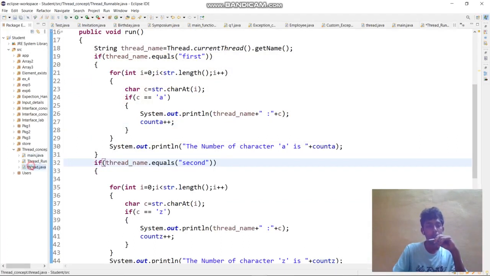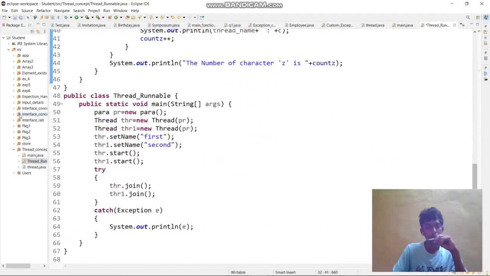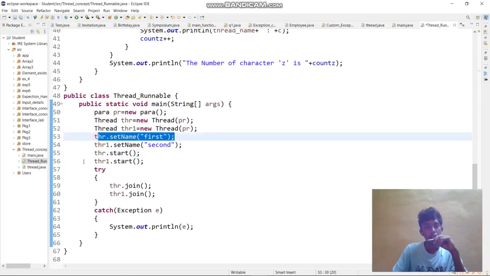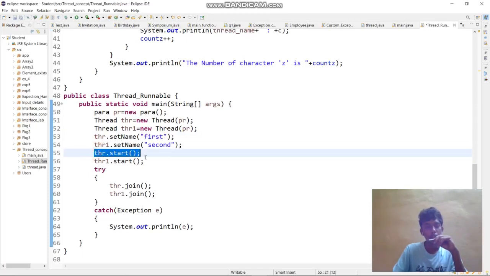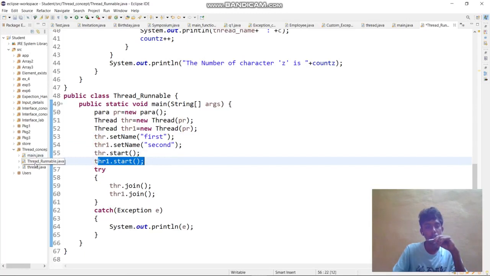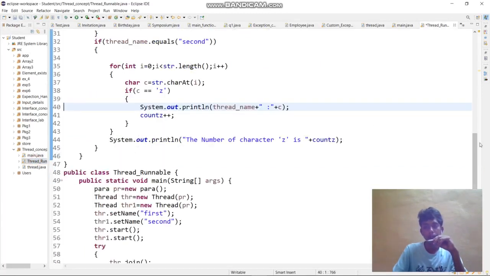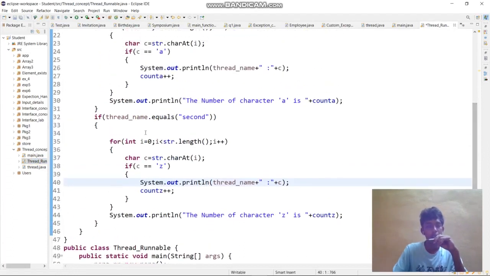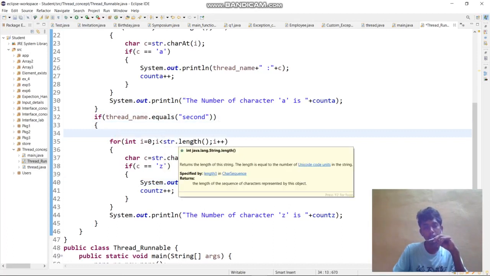Now what will happen? Thread 1 is named first. Now thread 2 will start, which means the second case will run, that is thread name equals second. We set that name second for this thread, and it will run the same loop up to the string length.